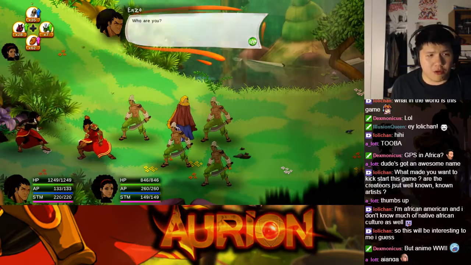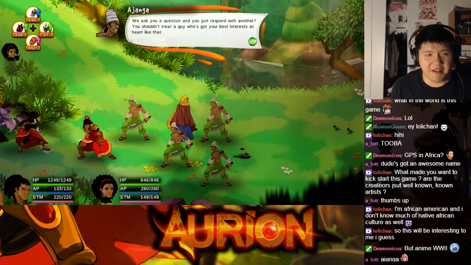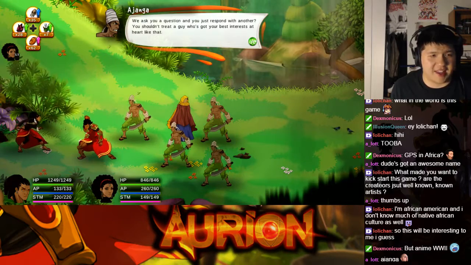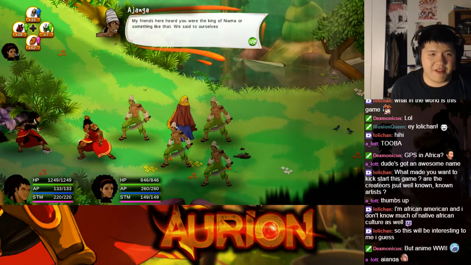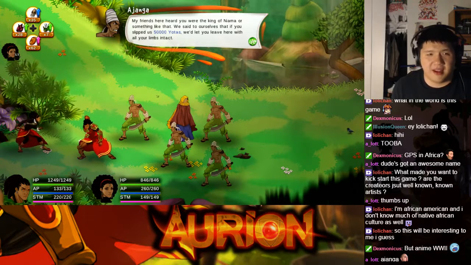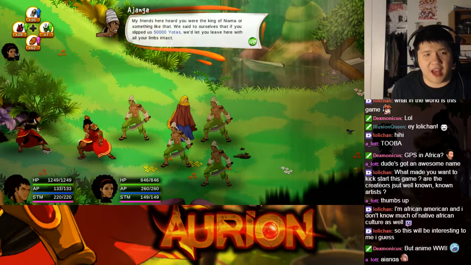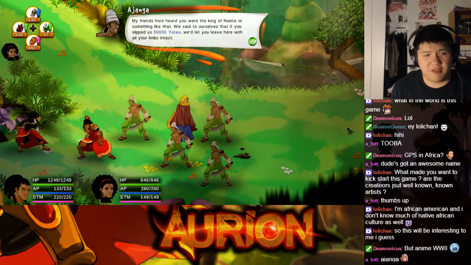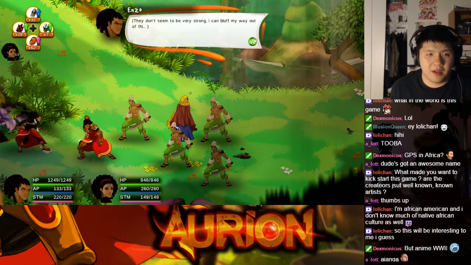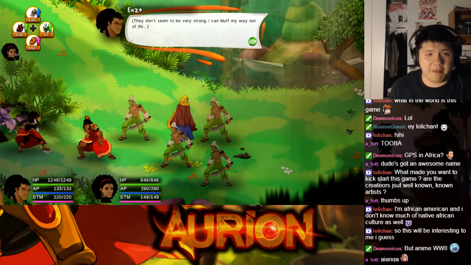Who are you? We ask you a question, you just respond with another? You shouldn't treat a guy who's got your best interests at heart like that. My friends here heard you were the king of Nyama or something like that. We said to ourselves that if you slipped us 50,000 yotas, we'd let you leave here with all your limbs intact. They don't seem to be very strong. I can bluff my way out of the...